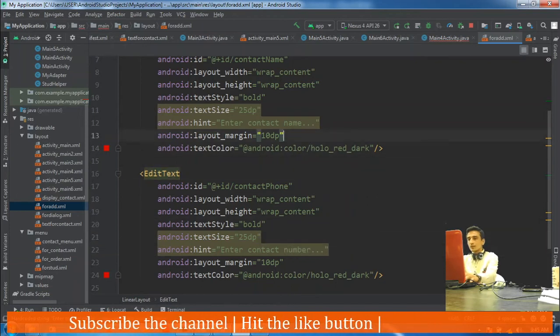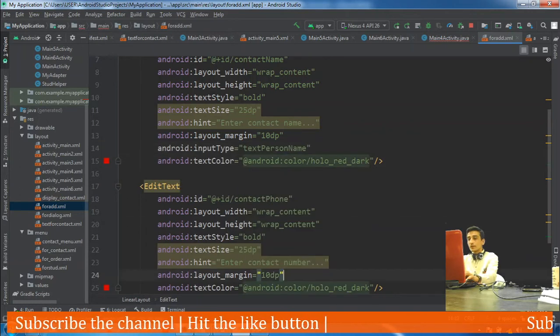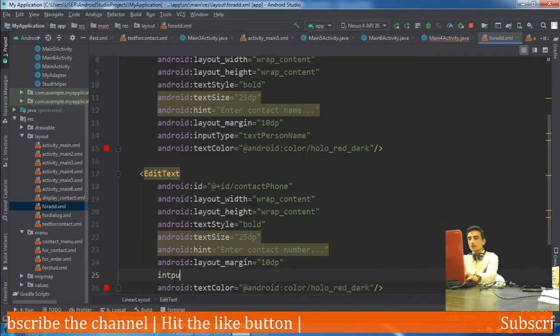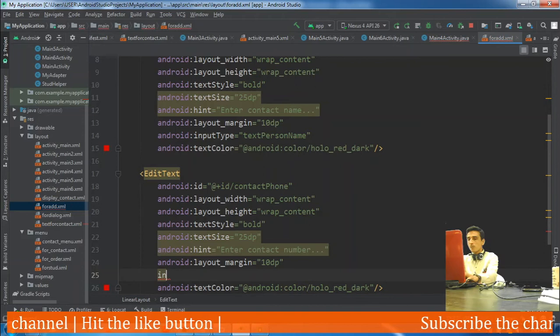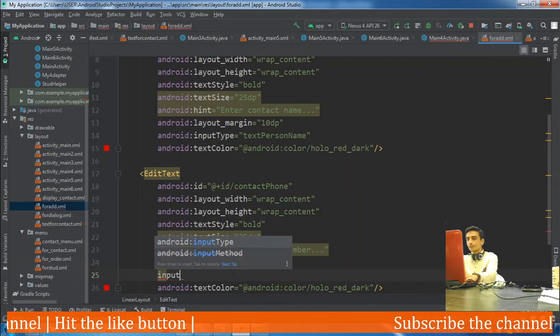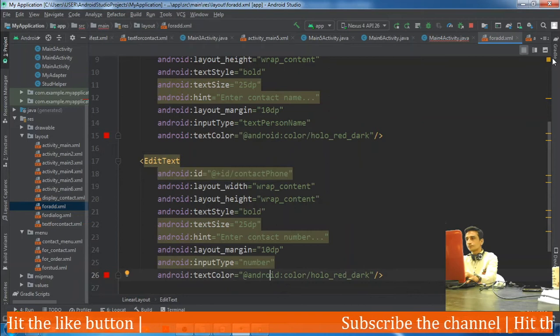We should also set the input type. Here text person and here phone.